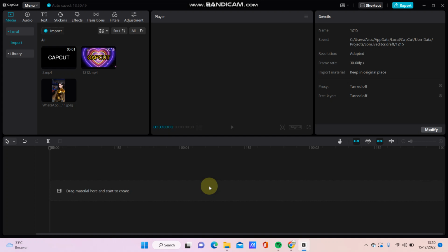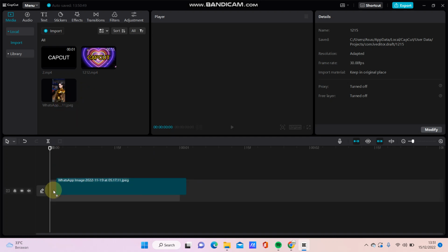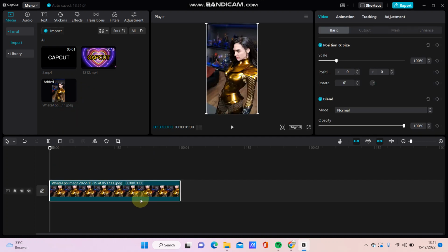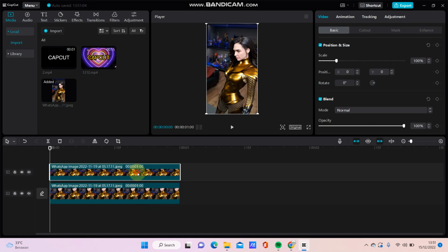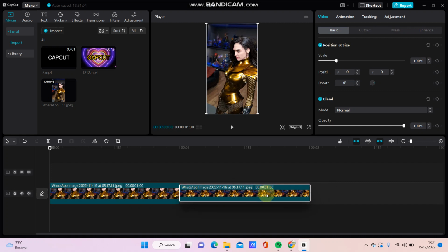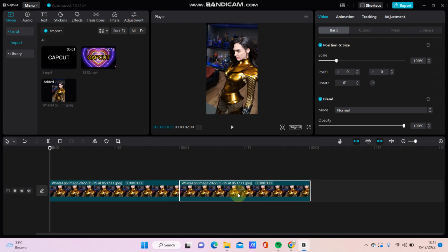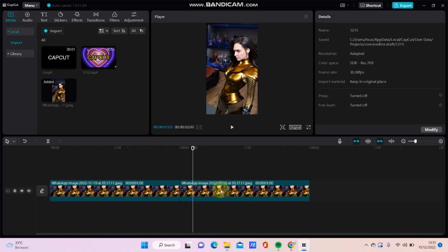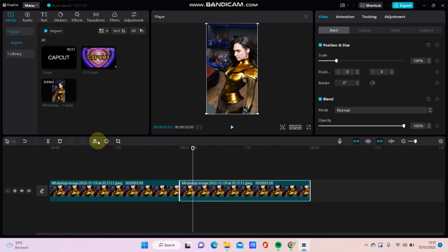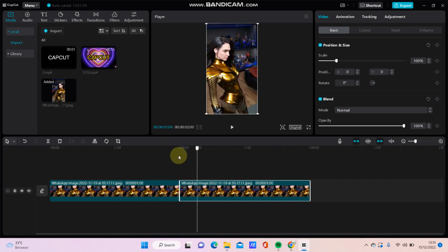In this video, I will be showing you how you can create a mirror shared video in CapCut PC. So just select your photo here, and then copy and paste it, and adjust the position like this. Then click the second one, and you can select this mirror. See like this, and select the clip, just copy and paste,